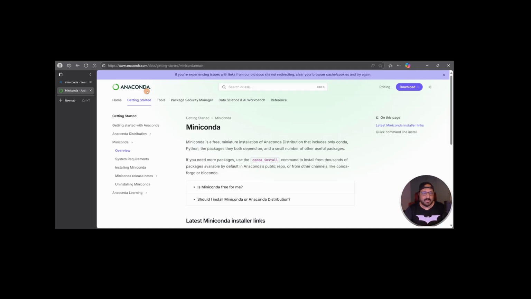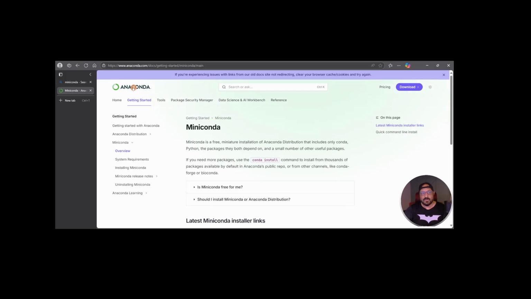I do not recommend that because hundreds of GBs of software will come, and most of it you're not going to use. If you do that, then the Conda package manager comes with that. But if you want to use Conda as a package manager, then I advise using Miniconda instead,